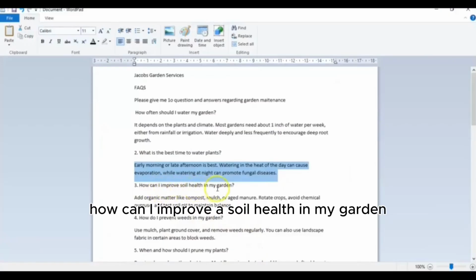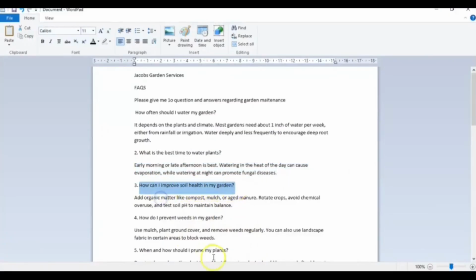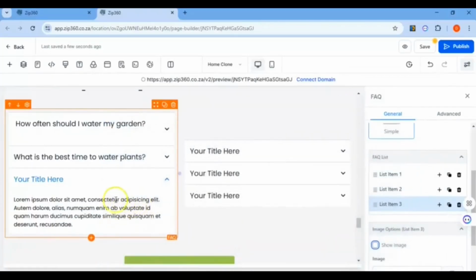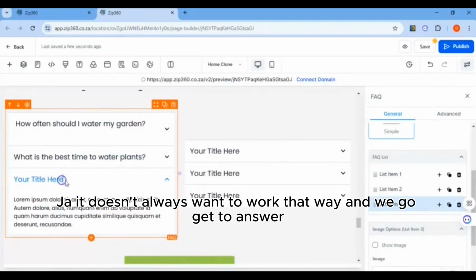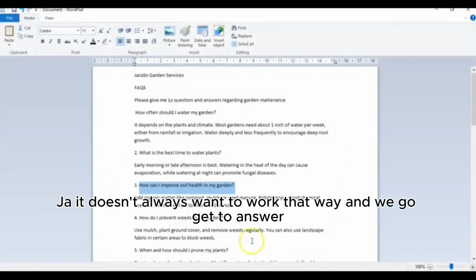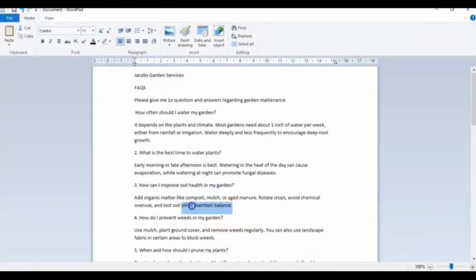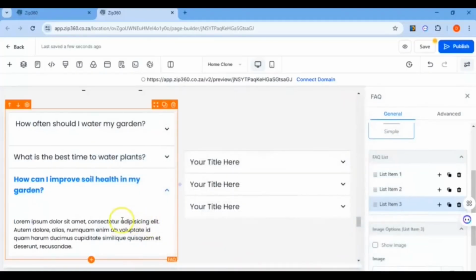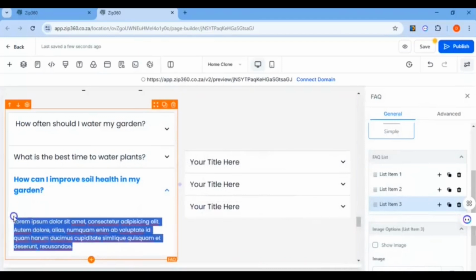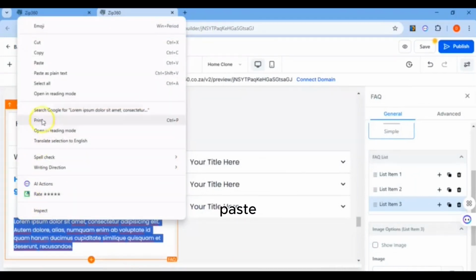How can I improve the soil health in my garden? Copy. Yeah, it doesn't always want to work that way. And we go get the answer, paste.